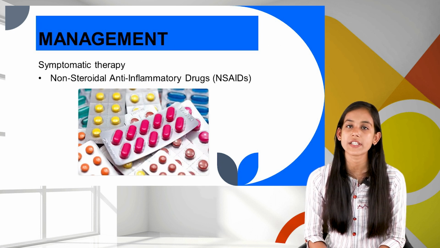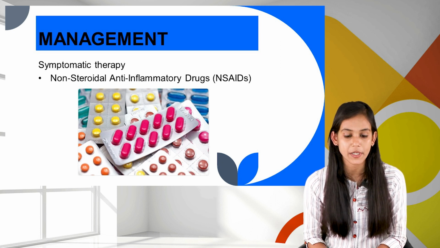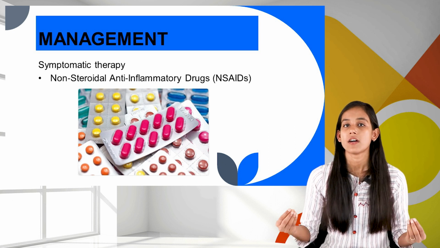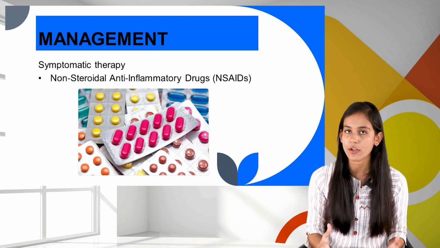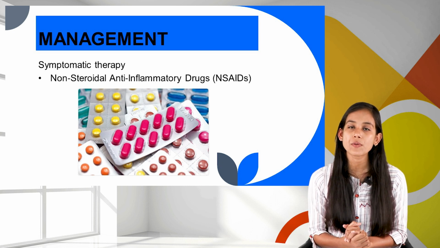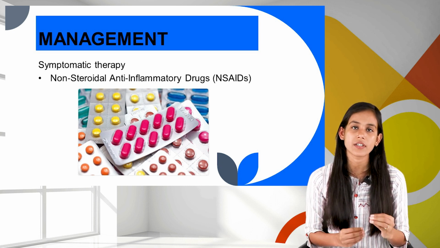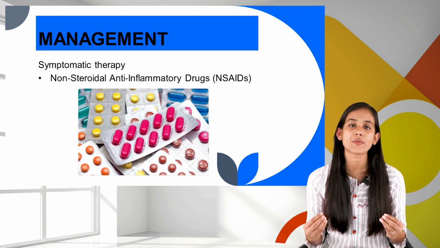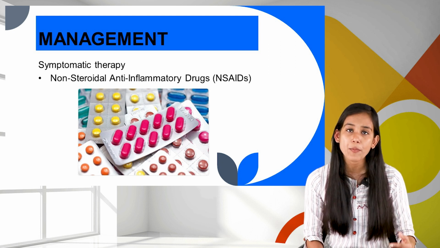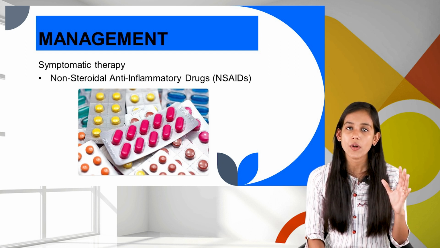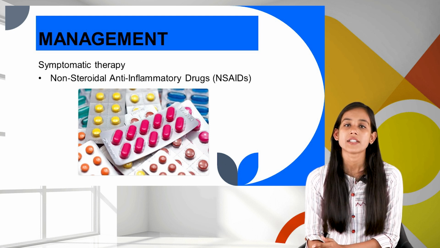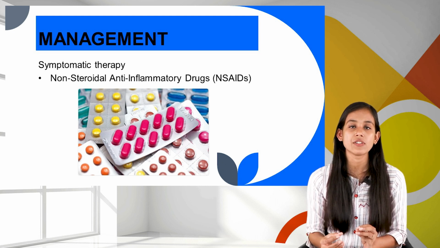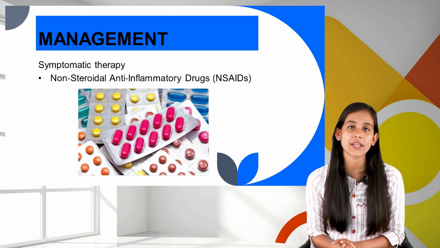Well, next let us move on to the management of Henoch Schonlein Purpura, right? So in management, mostly we don't have a specific treatment for Henoch Schonlein Purpura. So mostly what we do would be symptomatic therapy, right? Whatever symptoms would be there, we have to manage the symptoms, right? A kind of supportive therapy we would give. So in our symptomatic therapy, there would be NSAIDs, so non-steroidal anti-inflammatory drugs would be used, and